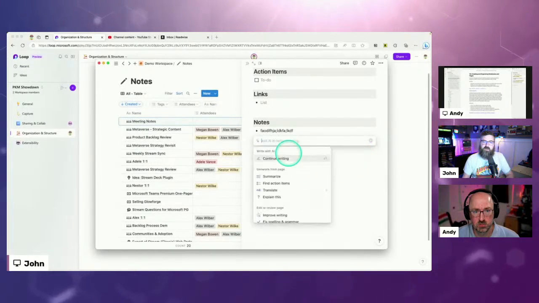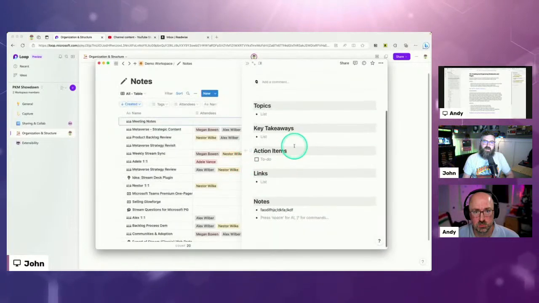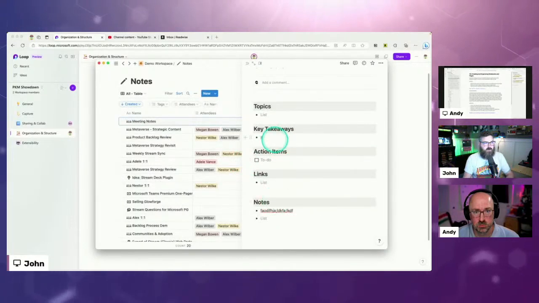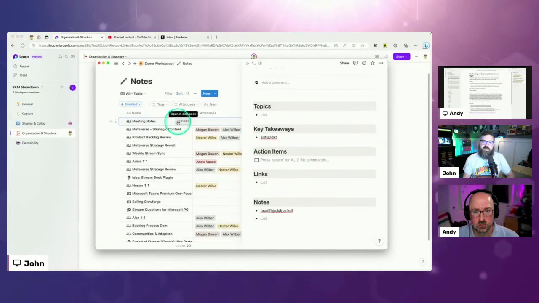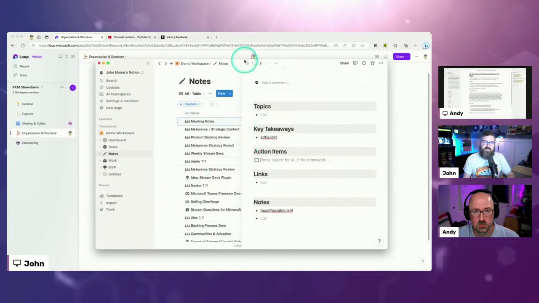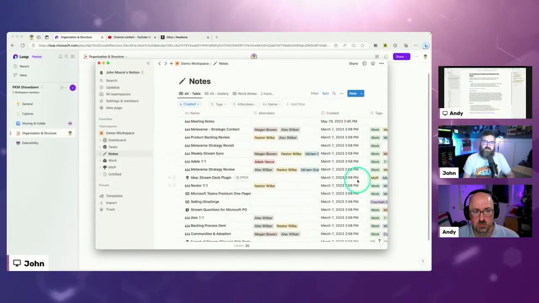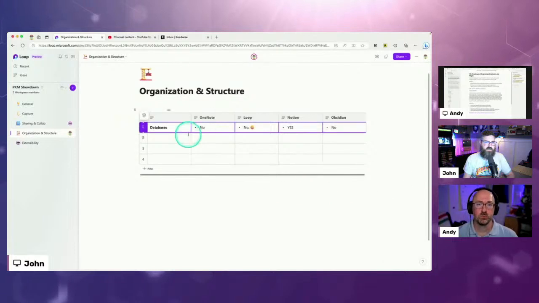I did not mean to invoke AI. I can do all that stuff, and then I can also jump up to the top and be like, "Oh, this is a really important point." I can do a key takeaway, or somebody says, "Oh, I'll take this as an action item." I can take it down in that section. So I have a template basically. This is really basic as far as templates. There are people who sell templates that are way better than what I've done, but I think that covers the idea of databases in Notion for me.